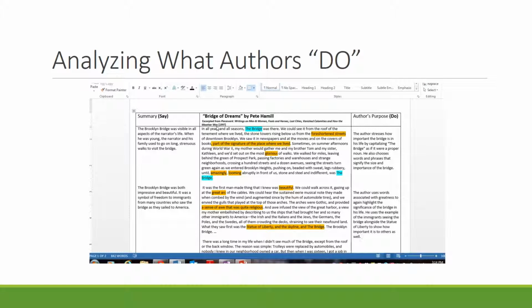Okay, so here's what I'm going to have you do. I'm going to have you go back into Schoology, and I am going to put a quiz in there, and I'm going to have you go through and analyze the rest of the paragraphs yourself. But instead of just having to guess what the things are that the author is doing, I'm going to give you these hints. One, you can go back to the video about literary characteristics, because a lot of the things that this author did are the things we talked about in that video, as far as using imagery or diction or sensory language or whatever, figurative language to create meaning.